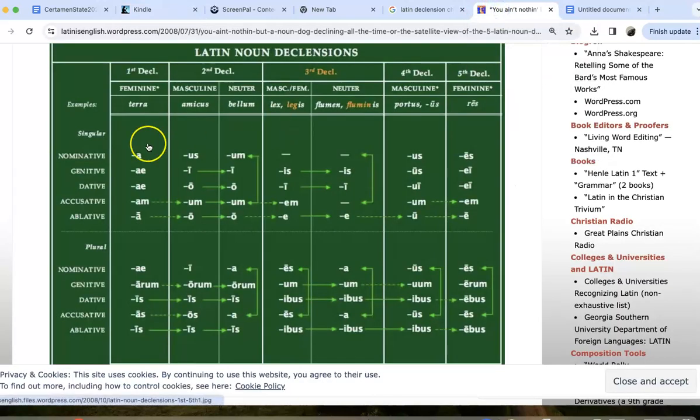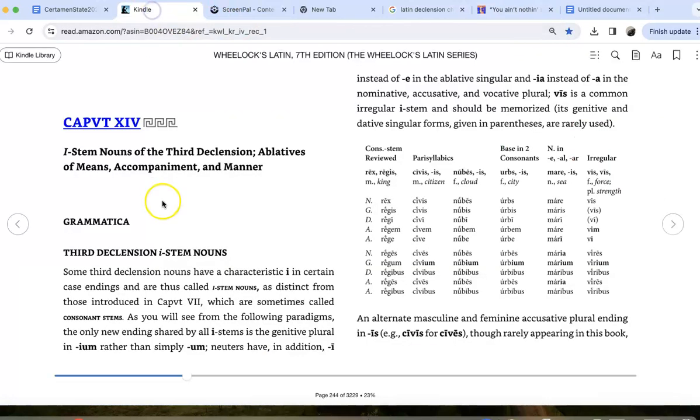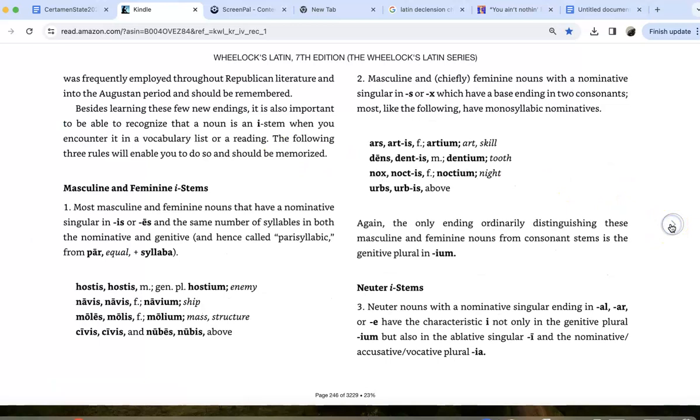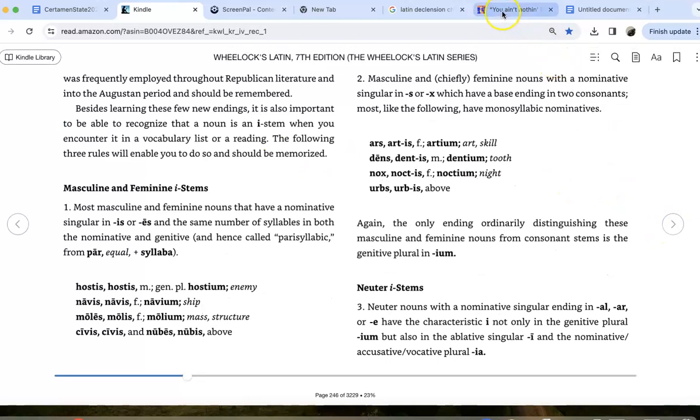So big picture, once again, we must master these declension endings. In this case, third declension: em, e, ace, ibus, is, ibus. You'll see that there's sometimes an I inserted before or instead of some of these endings, but again, these are infrequent in number. As far as the ablative, as your book points out, the ablative is obviously one of the cases,